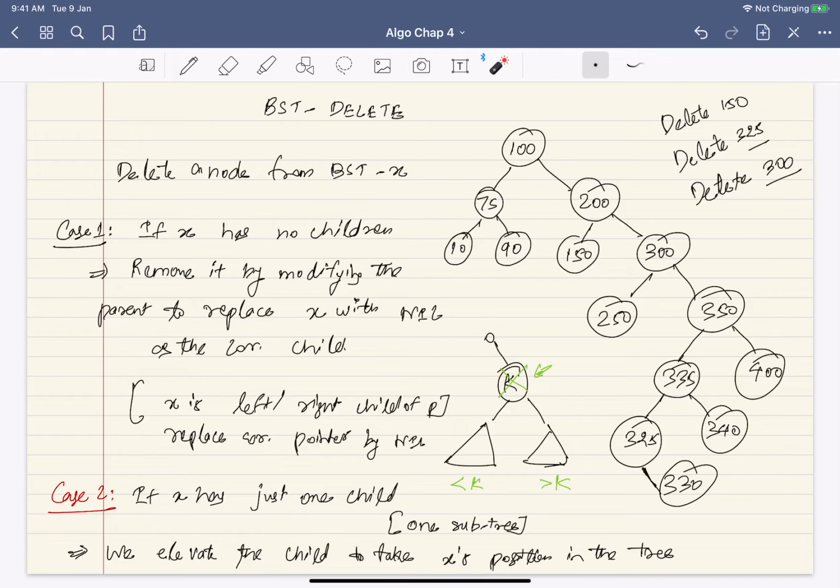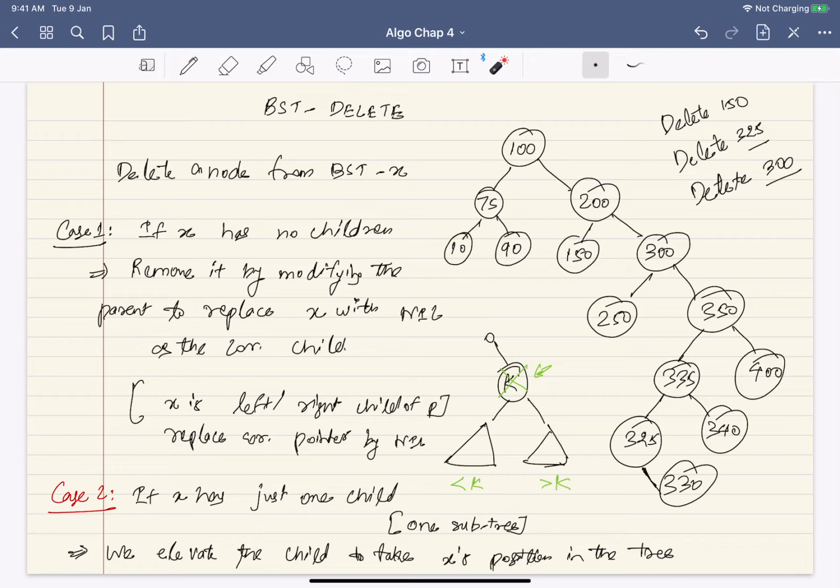So you see there are quite a lot of steps involved. First you have to delete a node, you have to find out if it has only one child, and you get the pointer of that child, whether left or right. Now you don't need the distinction further, you just need that pointer. Now go to its parent and see whether this is the left child or right child of the parent. And this is the left child, so just change the left child pointer of the parent to this node. That's all. Okay, so that is your case 2.